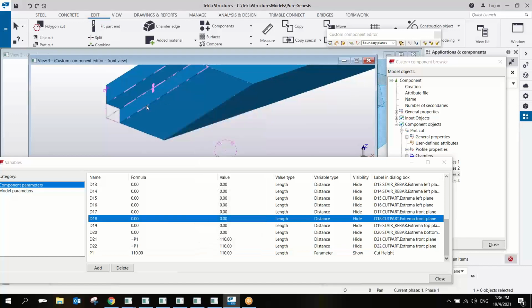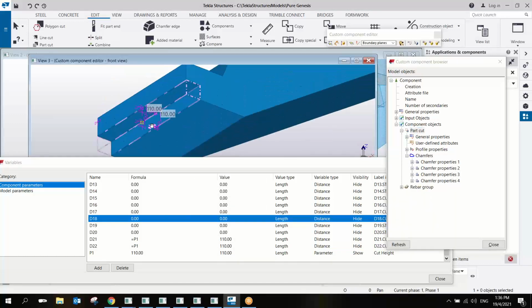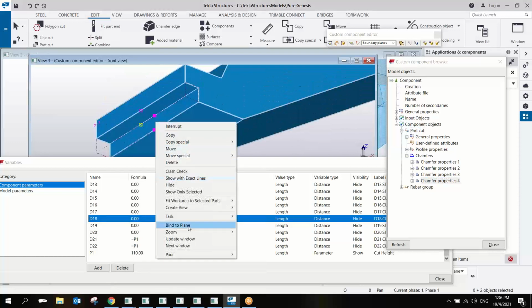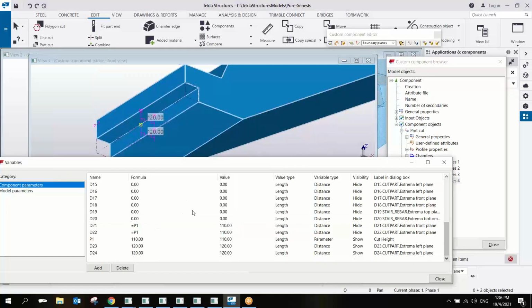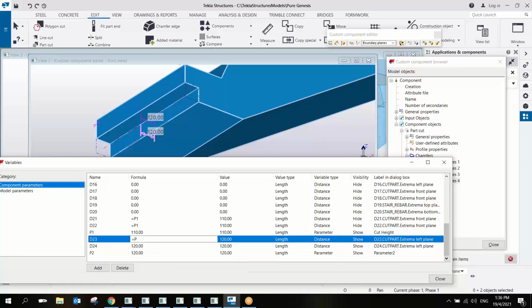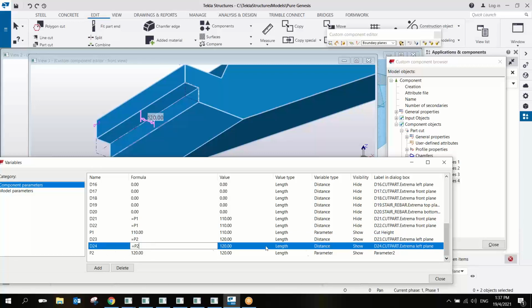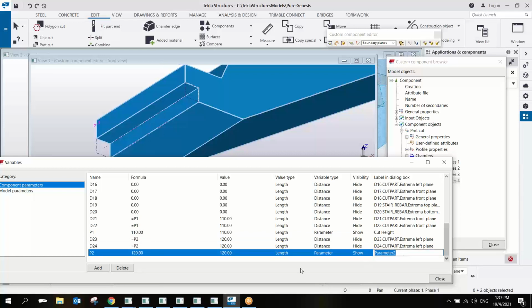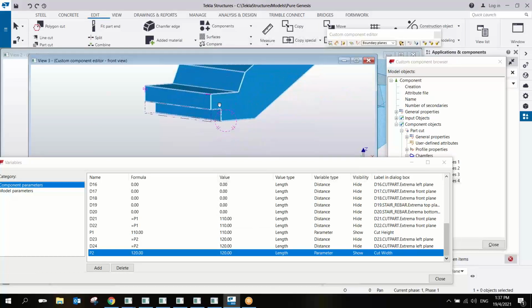Okay, and then this two bind here, and then that will be add parameter 120. This will be equals to P2, and then hide this one, and this will be cut width. All right, so now